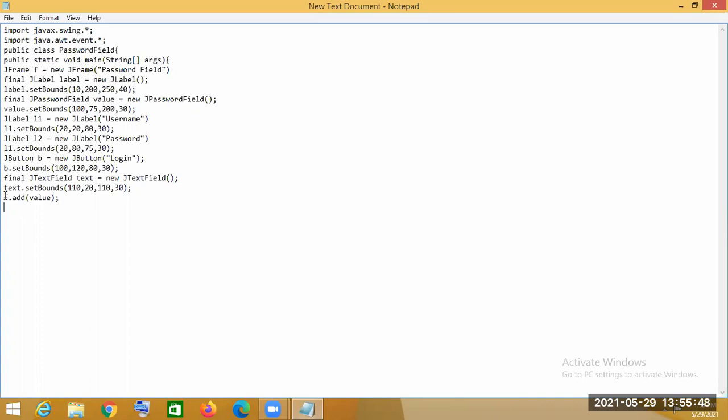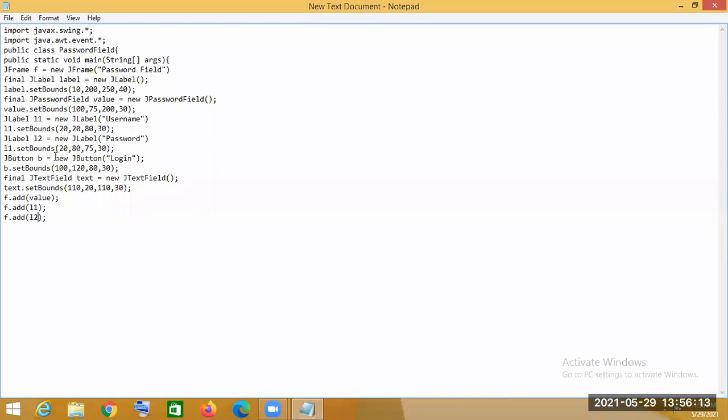In the same way, we will again call this method, and after adding the password field, we will add the labels. So we are passing the parameter L1. In the same way, the next label, two labels we have used.